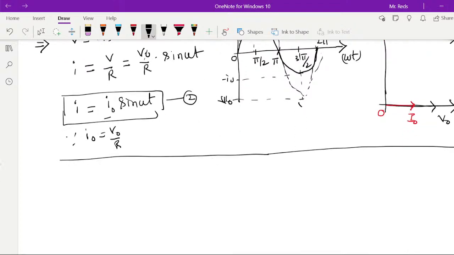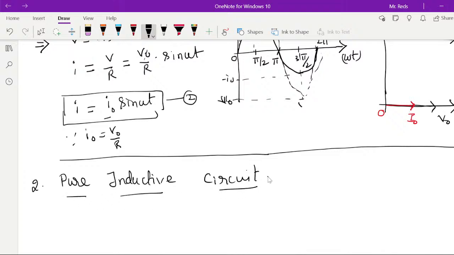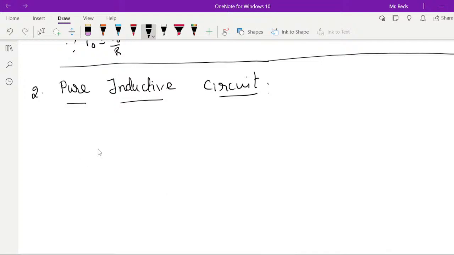Now the second one is the pure inductive circuit. So in a pure inductive circuit, we will have only an inductor. The inductor is represented with a symbol with inductance L. If this is connected to